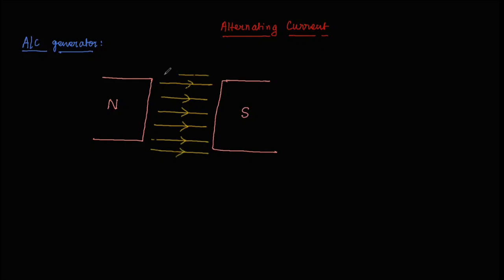The strength of magnetic field will be considered to be B, and armature will be rotated inside this region of magnetic field in this way with the help of a external agent. तो यहाँ पे आर्मेचर को रोटेट कराने के लिए किसी एक पर्टिकुलर एजेंट का इस्तेमाल किया जाता है।